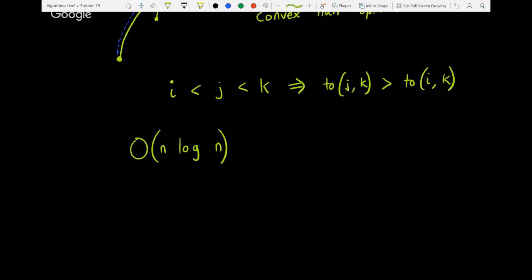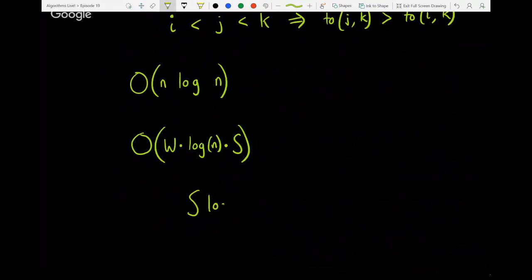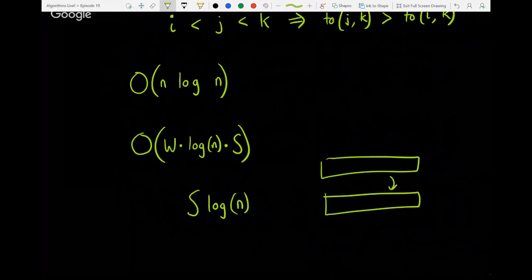And the next piece in the runtime is for every single one of these buckets. So we'll call that W, big W. That's the number of unique weights or number of unique buckets we have. We also have a log n component. That's the binary search over the sloth arm that we're going to have to do every time we check if one curve overtakes another one. And then since we're updating every element in the table, that's O of S. So for every single bucket of size W, it's an S log n update to the table. And so we get the next row of the table for every single weight value in S times log n runtime,